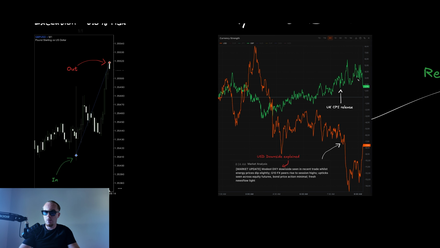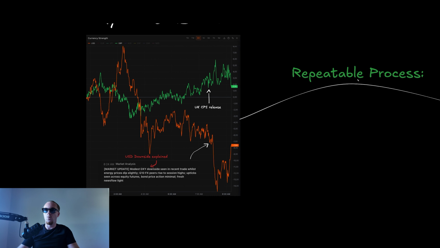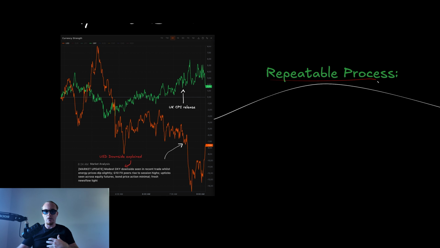Not that much, but still enough to take advantage of this news, okay, of this macro data on a short-term period for scalping. So this is for scalpers. This is basically how you can do it. Then of course it's all about the interpretation. There is no magical indicator, right? However, this is part of a repeatable process because I trade that way,